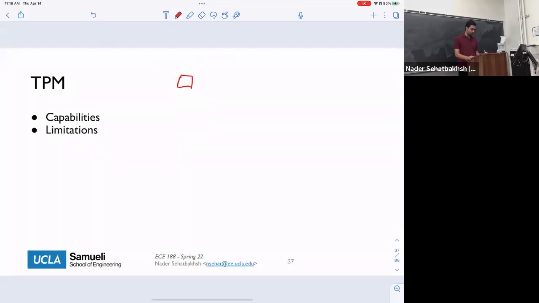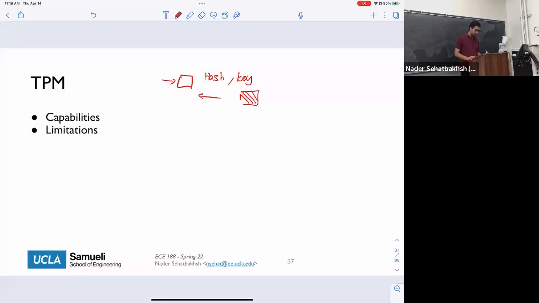Remember, we said the TPM was this very tiny piece of hardware that all it does is some hash functions and some keys, right? And that's basically it. Once we boot the system, we ask this TPM to compute the hash of the very first part of the boot sequence. It computes the hash of this and sees whether this is modified or not. If it is okay, then we can go to the next step of our boot sequence. Here again, this part now computes the hash of this part and sends this hash value to our TPM.